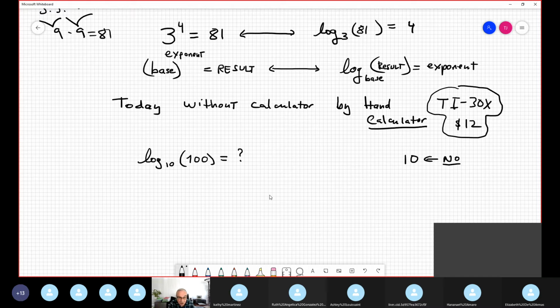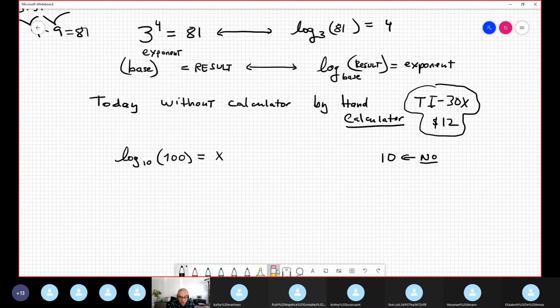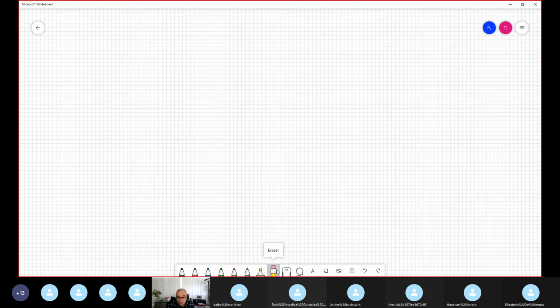We can use common sense. Good. Common sense. Or I want to teach you another way, an elegant way to find it out by hand. Suppose I have no idea. I put x, because I have no idea. However, my common sense is not clear enough to understand the logarithm so far. So, I propose you